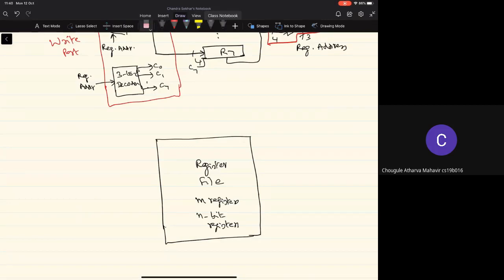There can be multiple ports for performing the read operation, so I'll indicate that by read port 1 and read port 2, and typically there will be a single write port.